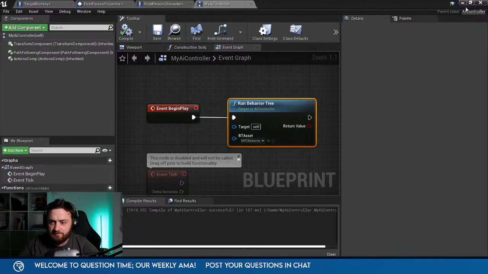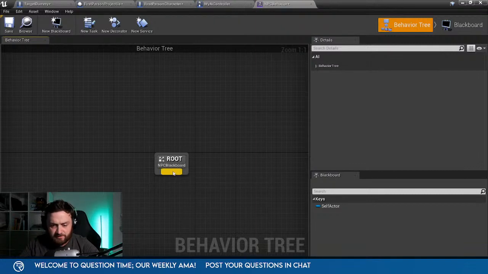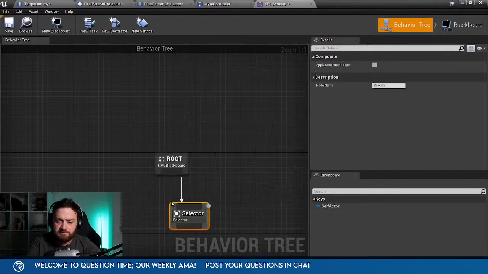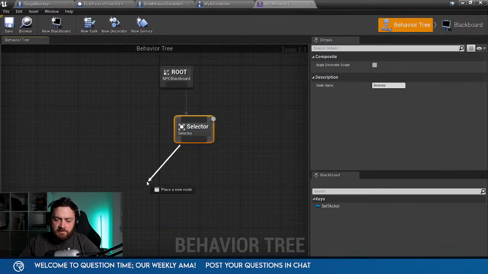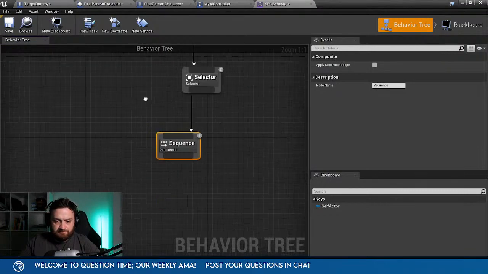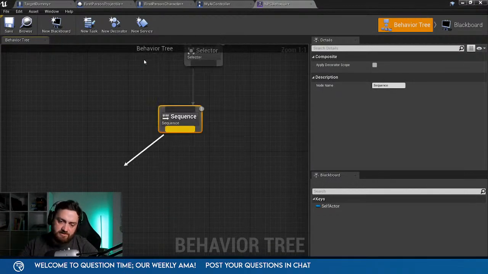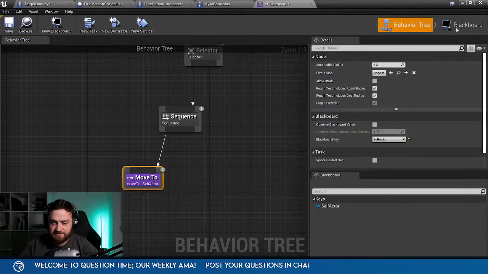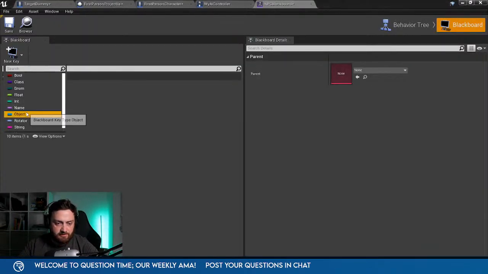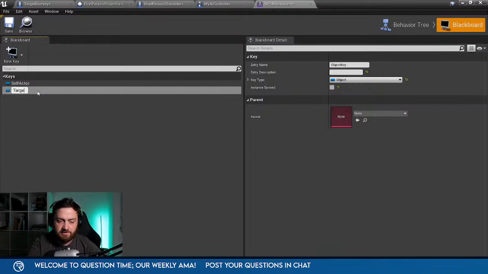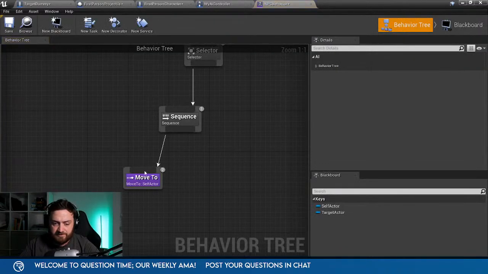So on the behavior tree of that, we're gonna do a selector, sequence and move to. So I said I'm not going to worry about him finding us. He's just go to new key. Call it target actor. Go back to behavior tree.